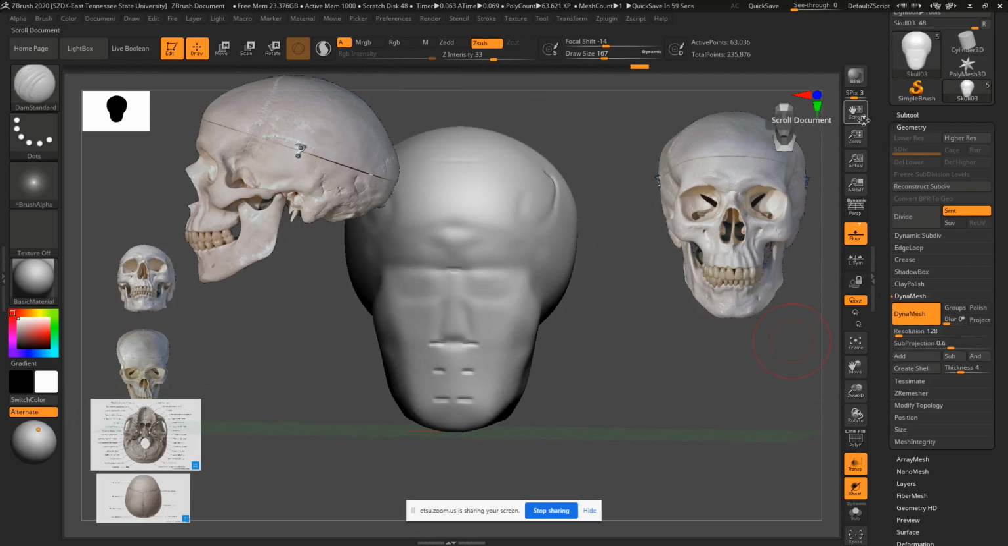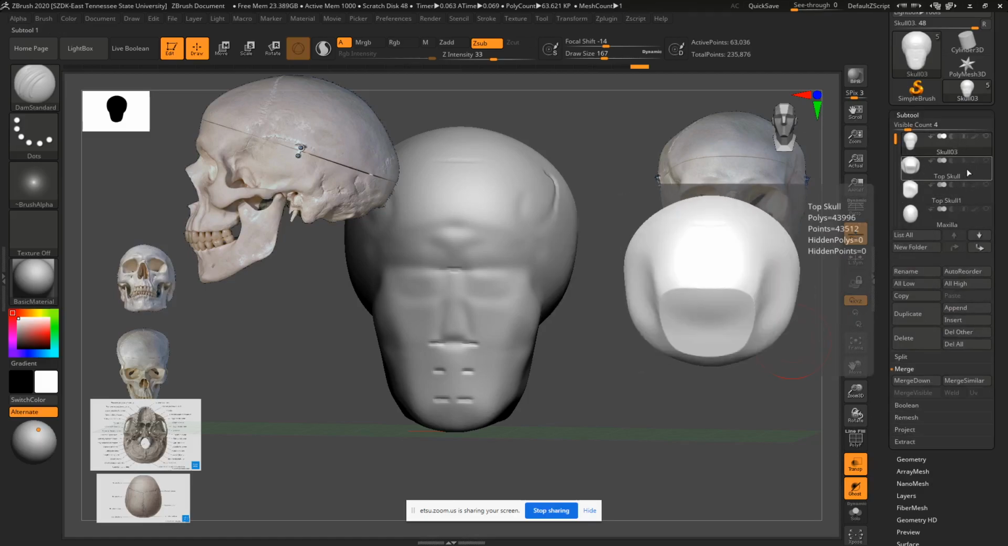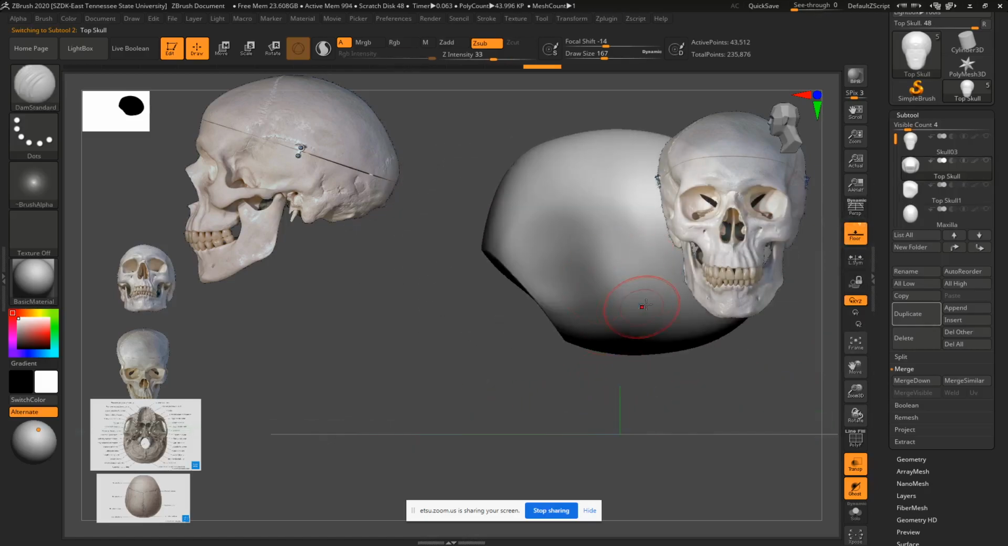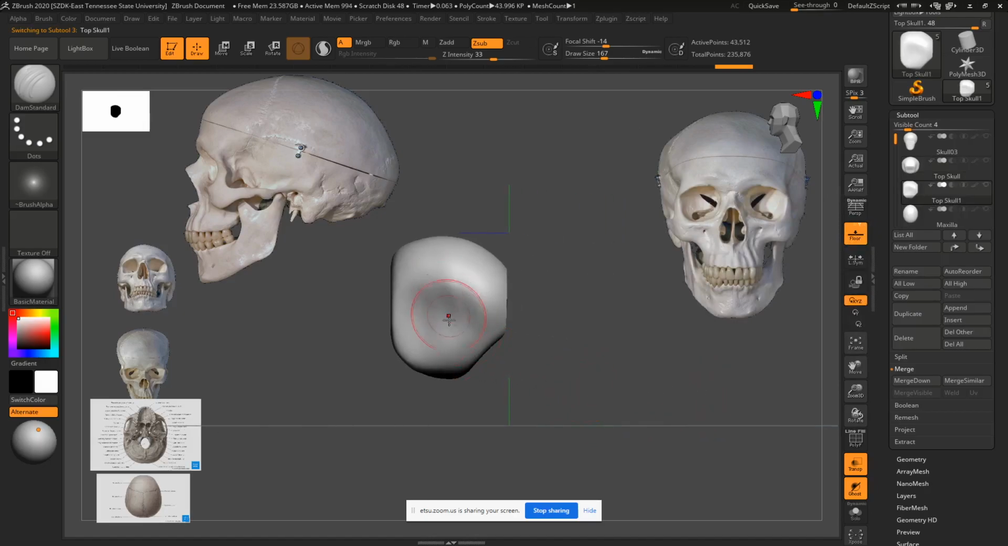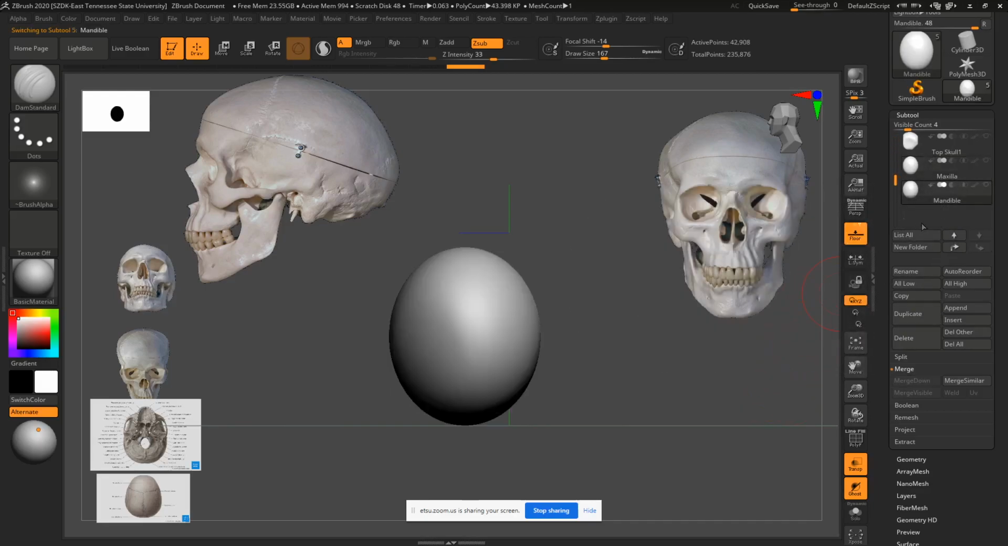And then at that moment you should have two subtools. The other one is this that we'll work with. And then the second tool is this second subtool. The third subtool is Maxilla. Now we have the fourth subtool, which is Mandible. So